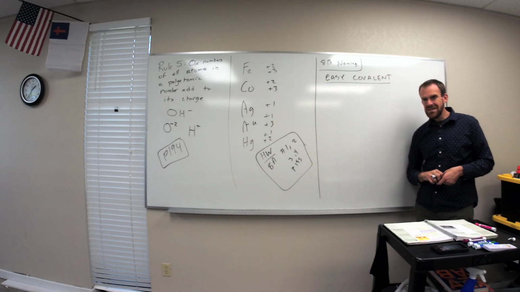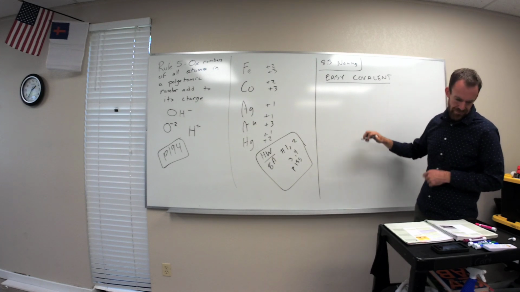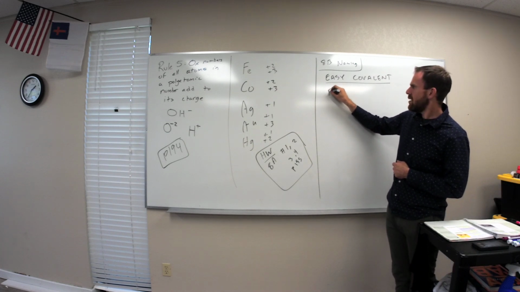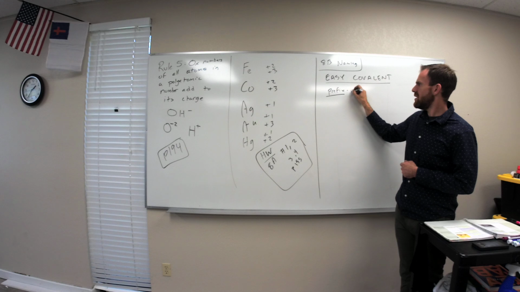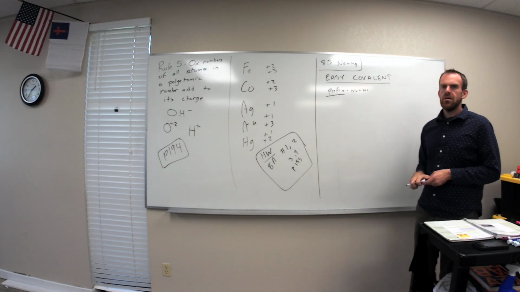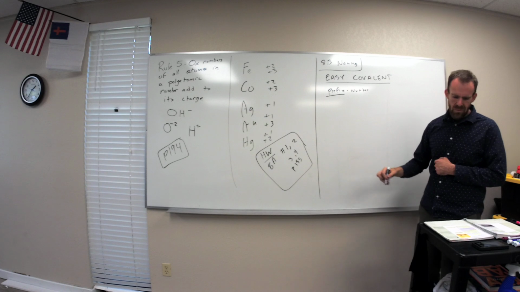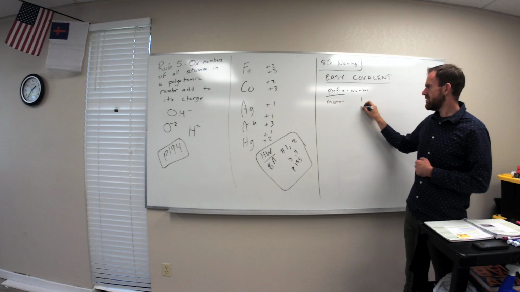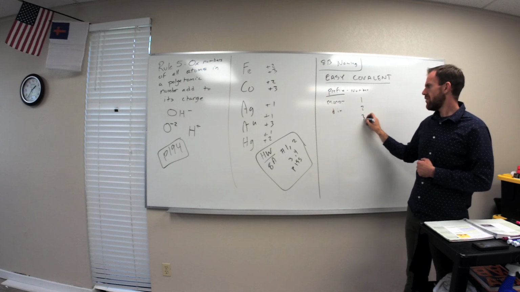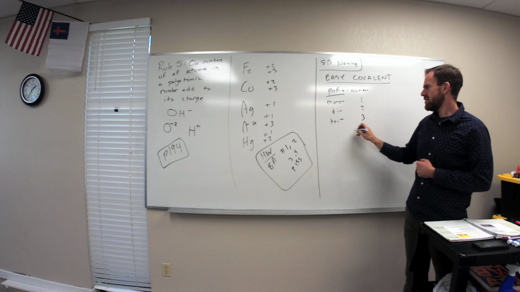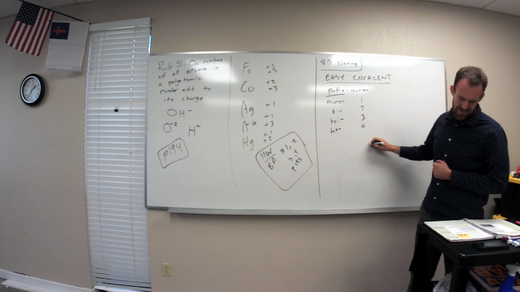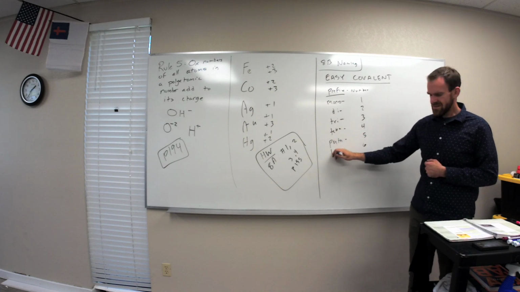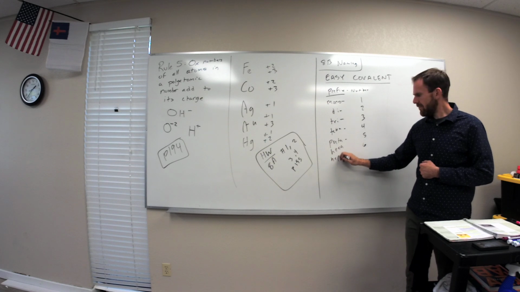Covalent compounds are the easiest to name because of the following. The way we name them is we are going to use Greek prefixes to indicate the number of atoms we have. So if you have one atom, then we use the prefix mono. If you have two, di; 3, tri; 4, tetra; 5, penta; 6, hexa; 7, hepta;